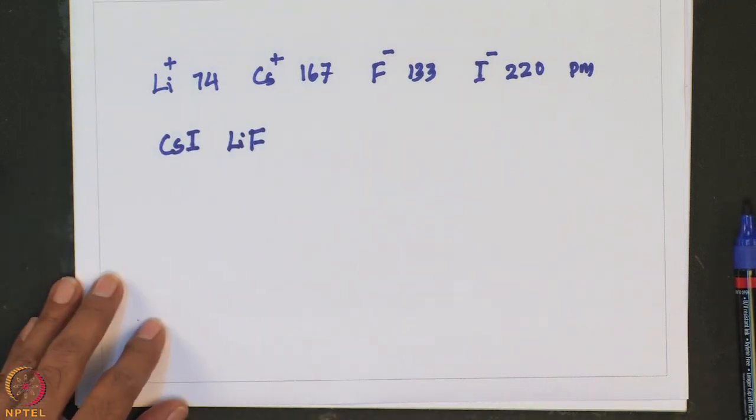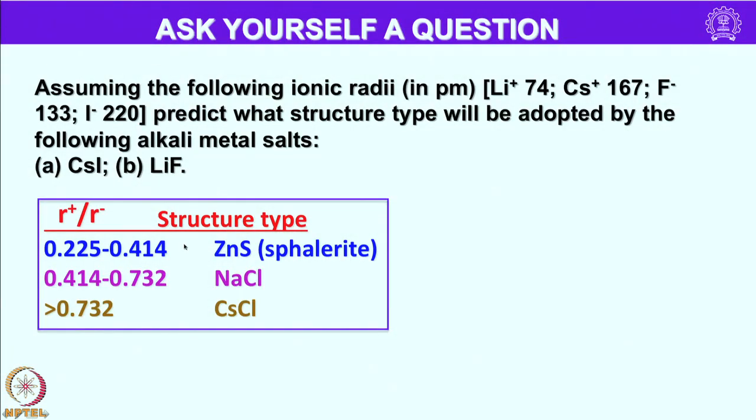For example, if the radius ratio comes in the range between 0.225 to 0.414, you can tell that the structure is similar to zinc sulfide or sphalerite. If the value is between 0.414 to 0.732, it will have an FCC structure, or if it is greater than 0.732, it will be a BCC structure. Let me do the calculation. So, for cesium iodide,